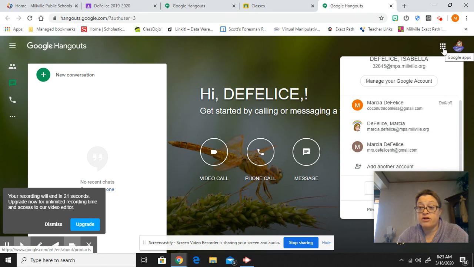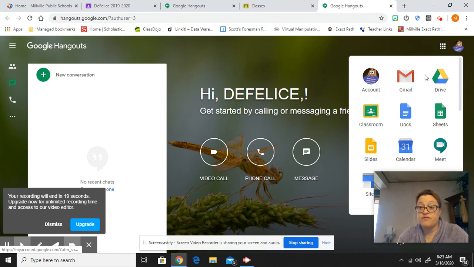The little waffle iron takes you to all the different Google applications that they're going to need during the shutdown. And if you have any other questions, just give me a call. We want to make sure that the kids can get onto all those websites because every day they're supposed to go on ExactPath, and a couple of days a week they're supposed to go on Reflex. And if they're having any problems signing up for that,